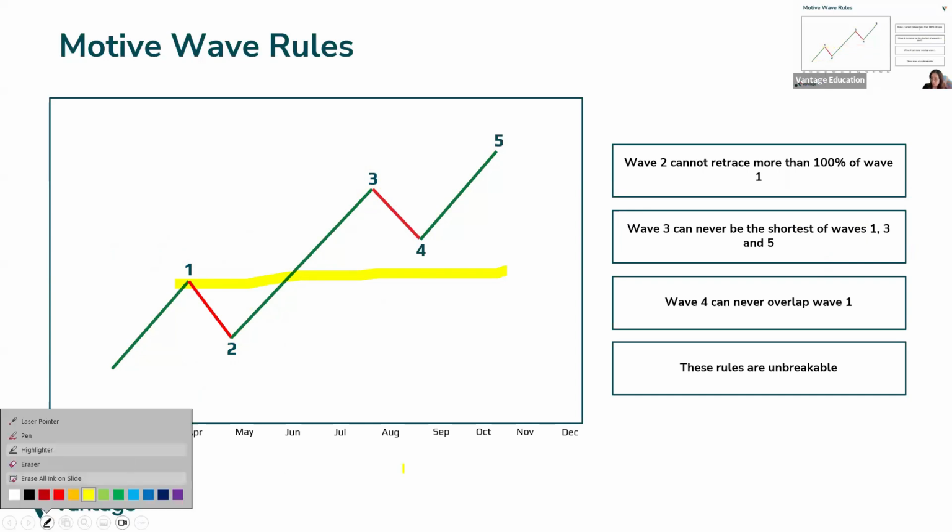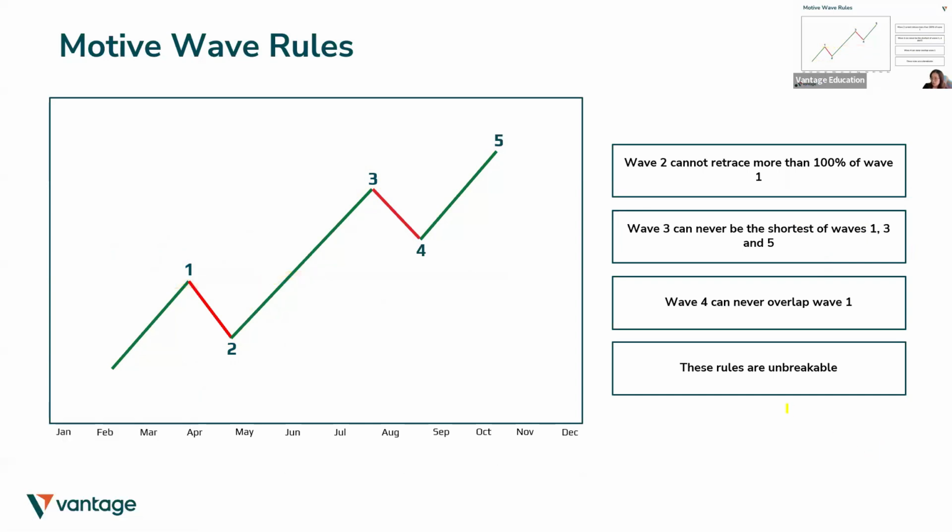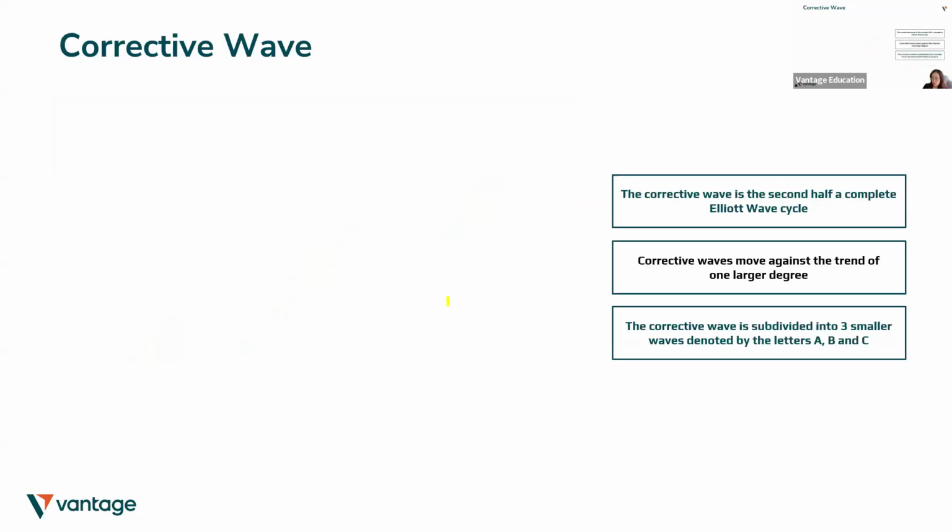These are unbreakable rules that you need to remember. Wave 2 cannot go below the beginning of wave 1, wave 3 cannot be the shortest of waves 1, 3, and 5, and wave 4 cannot overlap wave 1, so it cannot go below. That's the rule that you need to remember, which I will show you in the charts. Where is my